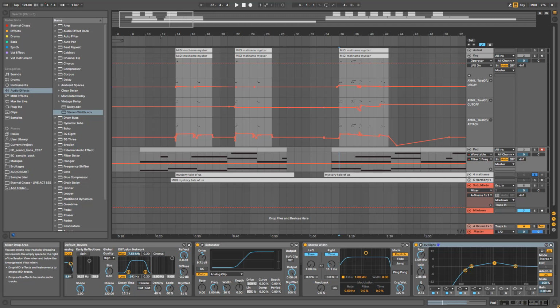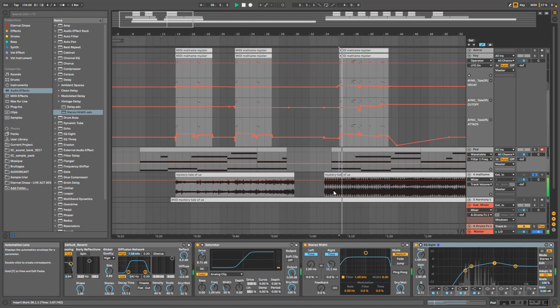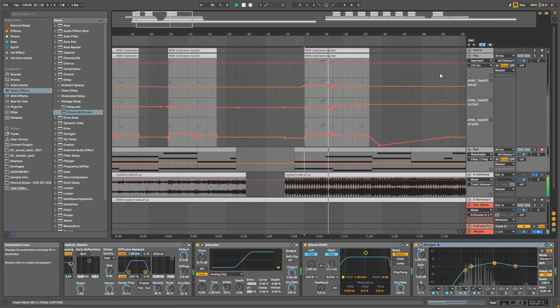So today we're going to focus on the lead present in the remix of Telofes and Mathame of Mystery from Adriatique. And this kind of plucky lead. So here is what I've managed to recreate. There is a pad as well that I recreated to just support the note, but basically